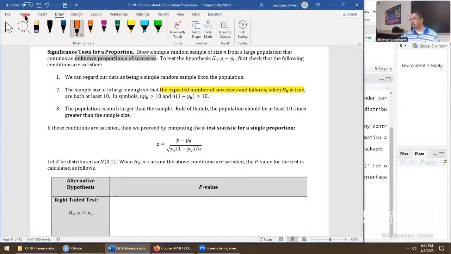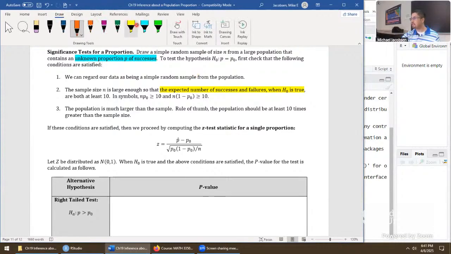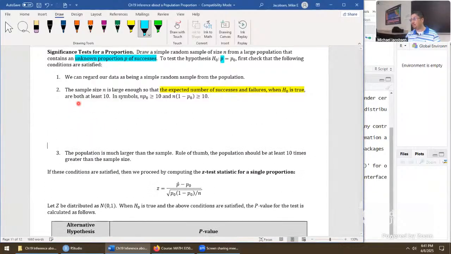Let's start by highlighting that part and track the change on p here. So that means we'll test a null hypothesis of saying p is assigned to some supposed value, p naught, like we mentioned before. We check conditions, like before we briefly discuss if we know the sample is random. Here, we carefully check if the sample is large enough. And this is for the sake of completion. You could skip this part if you like on your discussion. All the data in this class will satisfy this by default, but something to be very mindful of.